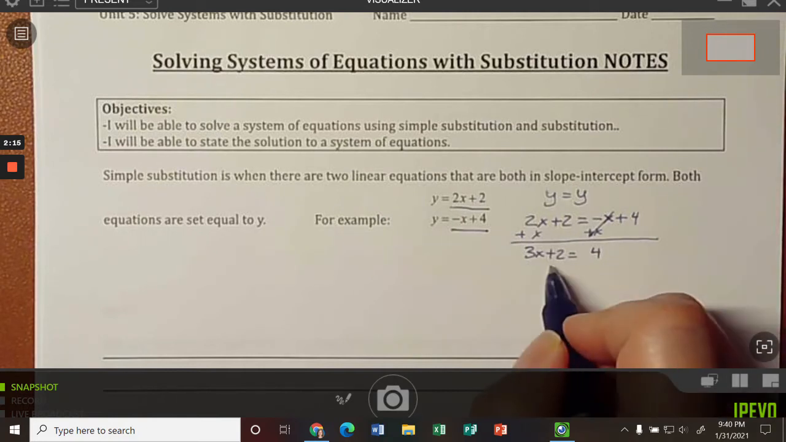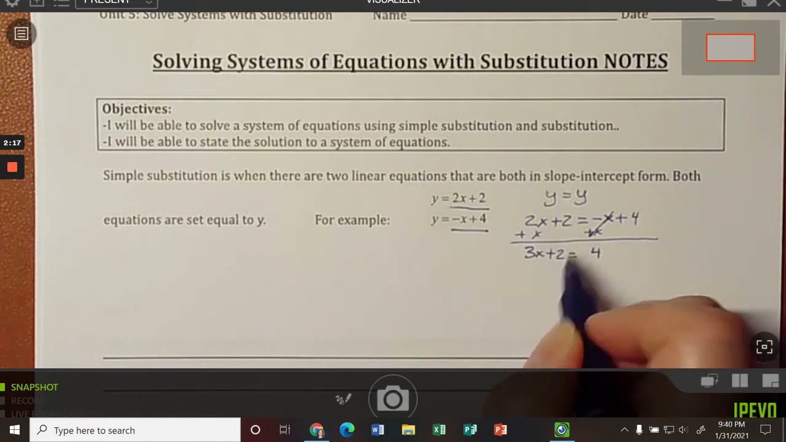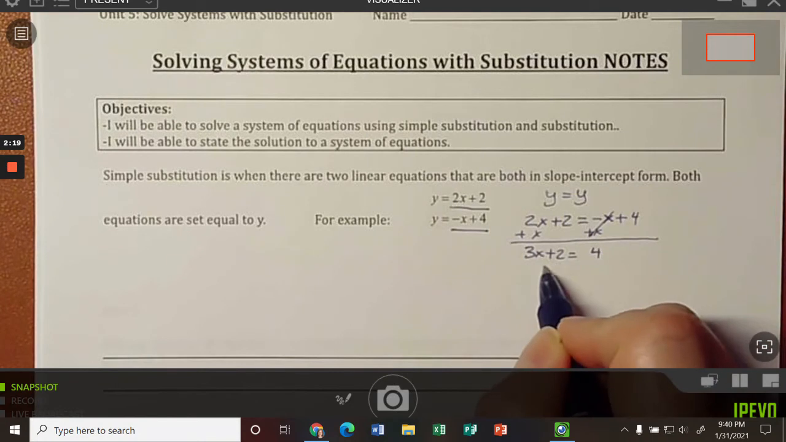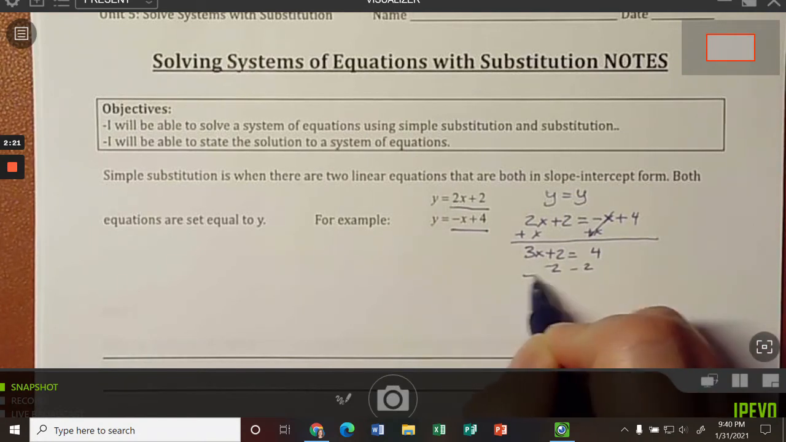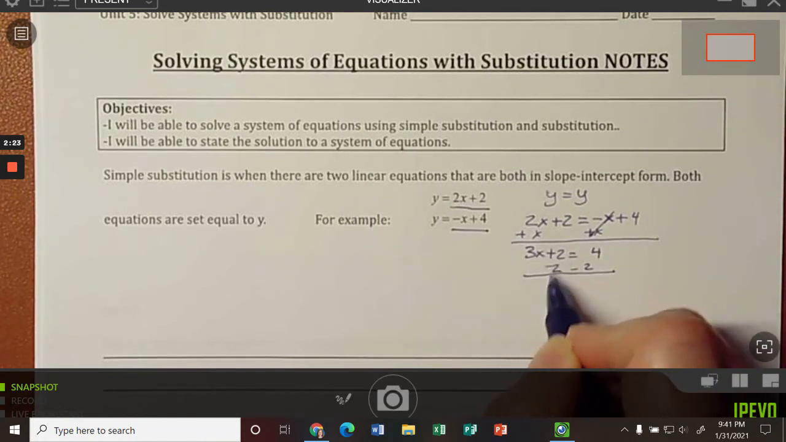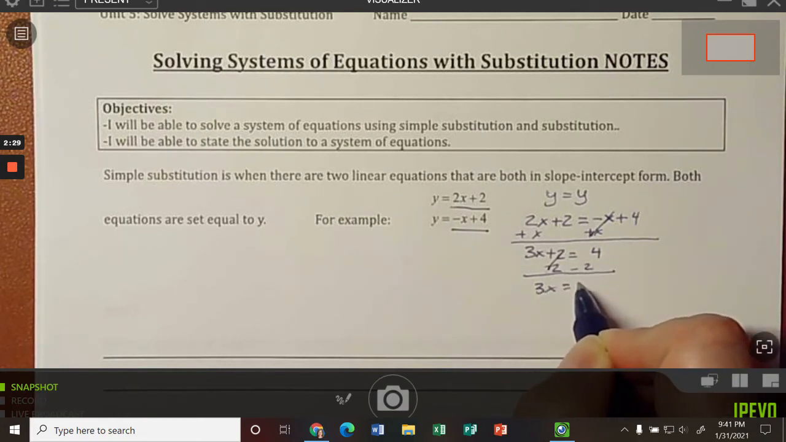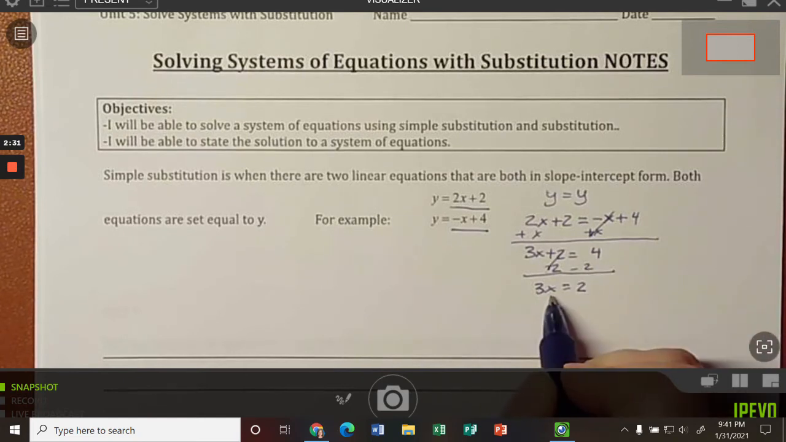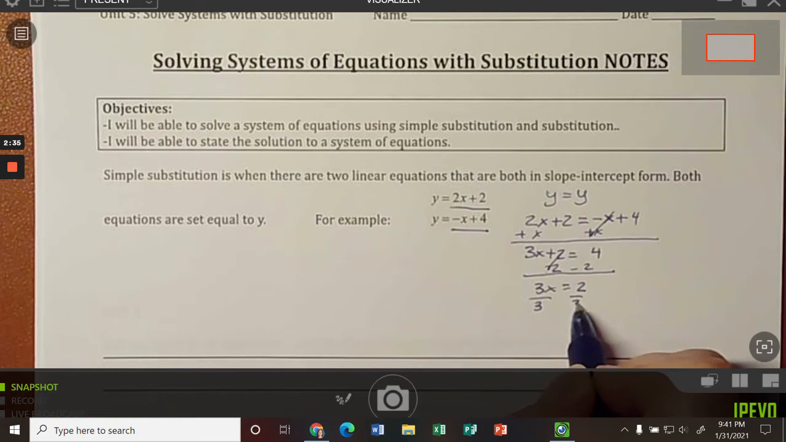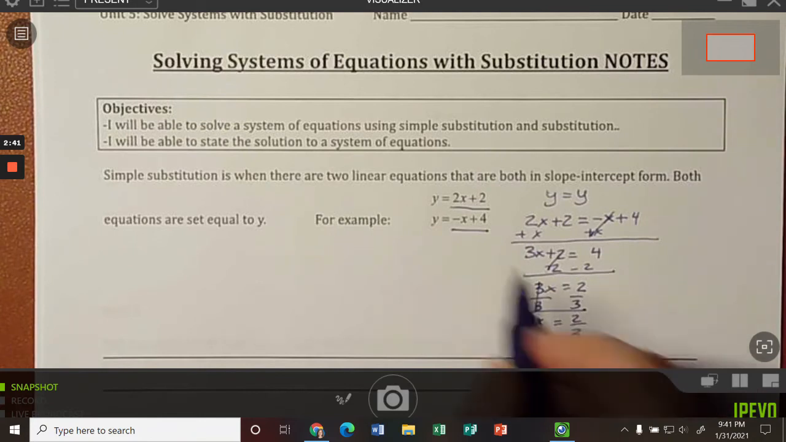So then I'll use my order of operations in reverse now that I've combined like terms. I'll subtract 2 from each side. 3x. 2 minus 2 is 0. Bring down the equals, and 4 minus 2 equals 2. So then I divide each side by 3 to isolate the variable x. 3 divided by 3 is 1, so I get x equals 2/3. So I know